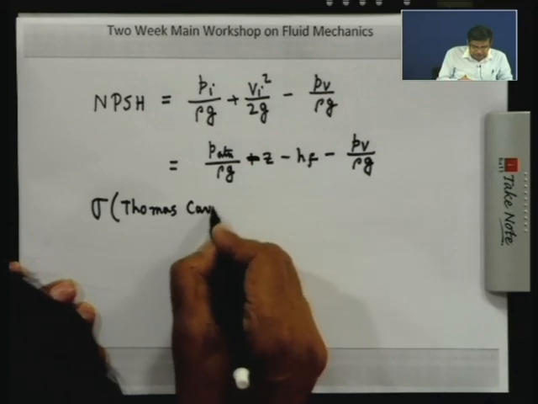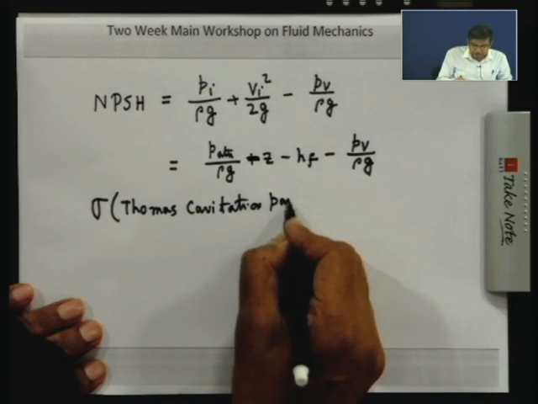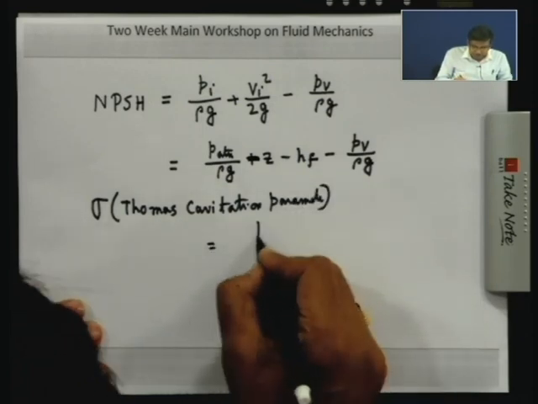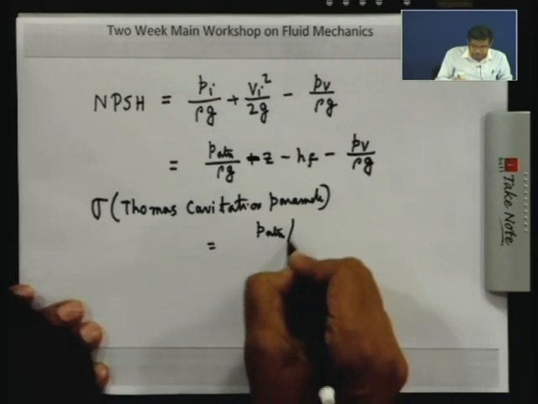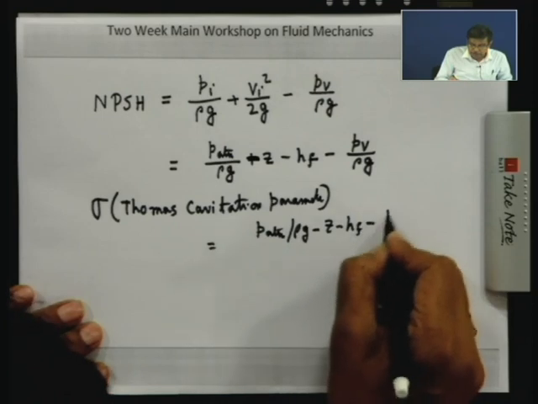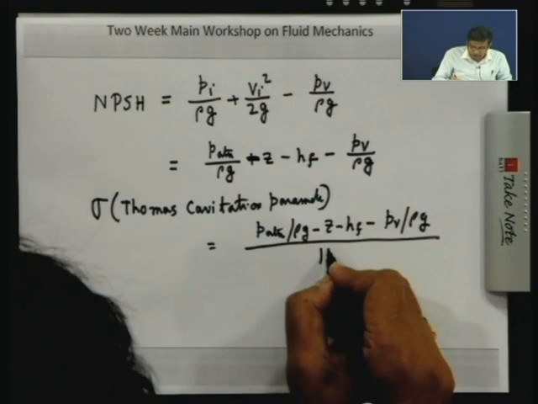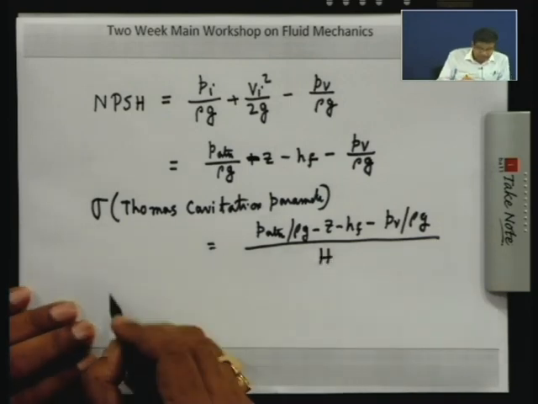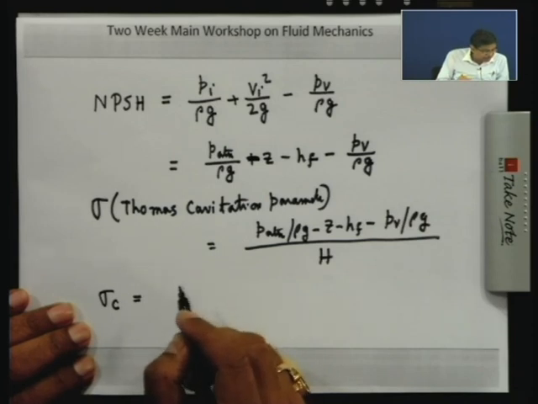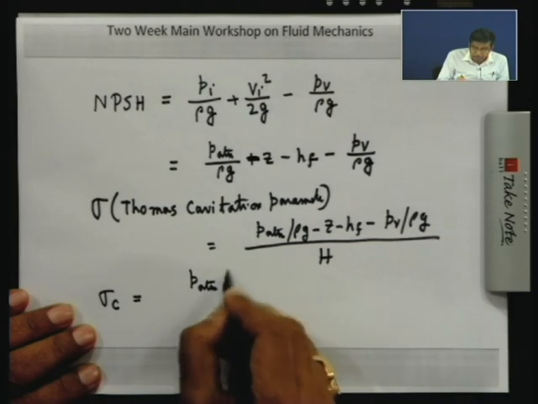The Thoma cavitation parameter is defined as P atmospheric by rho g minus PV by rho g, divided by the total head H. And similarly, a critical cavitation parameter is defined in terms of the inlet head, that means P atmospheric by rho g